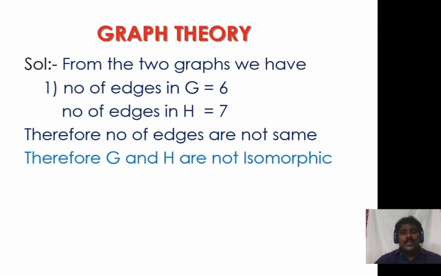If the first two conditions are satisfied, then we go for the third condition, that is the degrees of vertices. If that is also satisfied, then we go for subgraphs. If that is also possible, then we go for the complement. Similarly, we can find the isomorphic